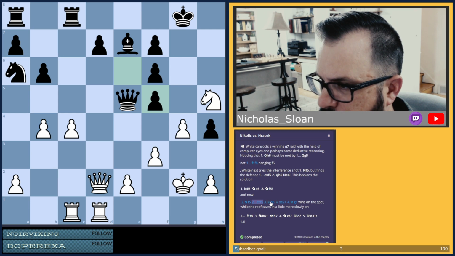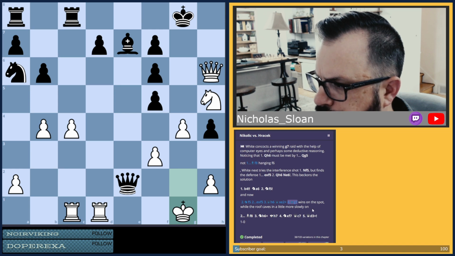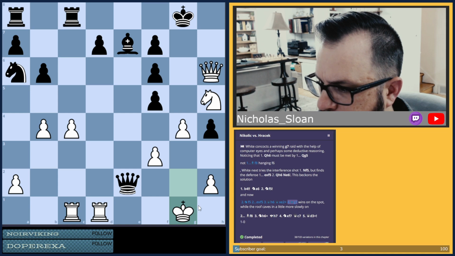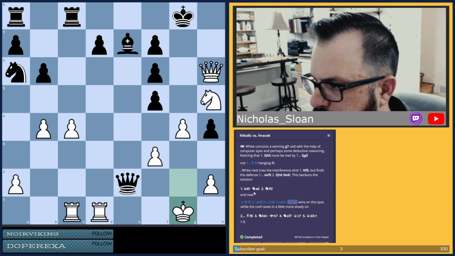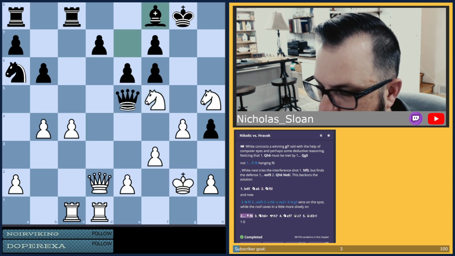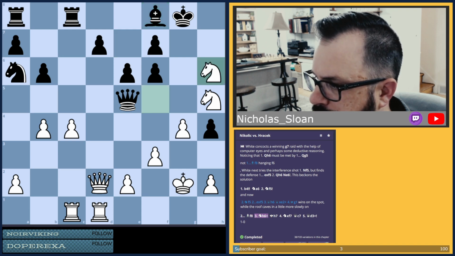So that is a way to go, but now you can't stop. So that was really the only check. He can come back, but then we'll come back with the queen. So that doesn't work. So this is the other defensive resource, stopping the queen from coming into h6.